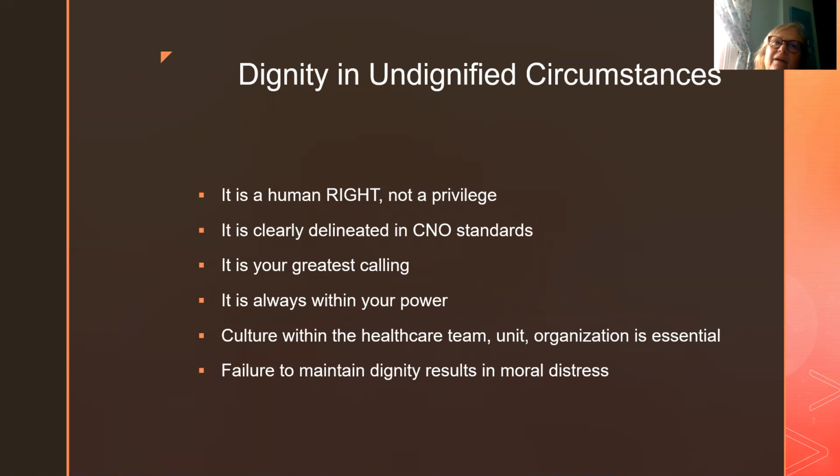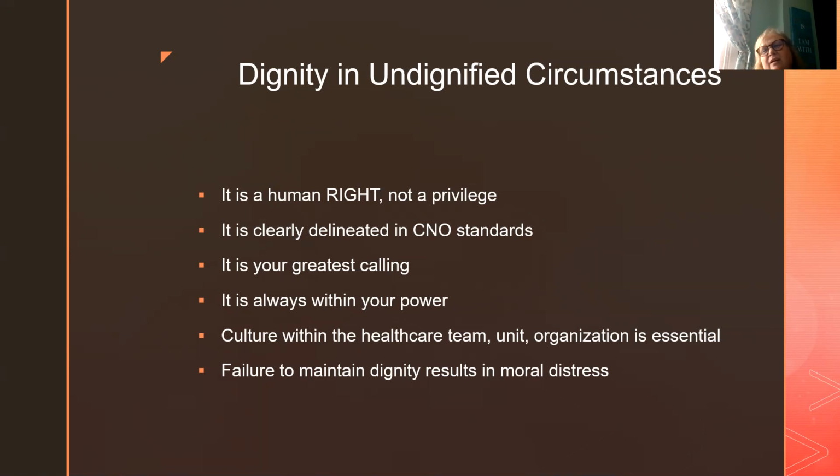Because we see people sometimes at the hardest moments they may be experiencing. And we are always making sure that they are treated with the utmost care and compassion and dignity. And so we need to see that within that team. We need to see that within the unit that we work on, and you'll see that that can vary, and our presence can make a big difference, but also setting limits on what is acceptable can make a big difference. And within the organization, what is the standard within the organization?